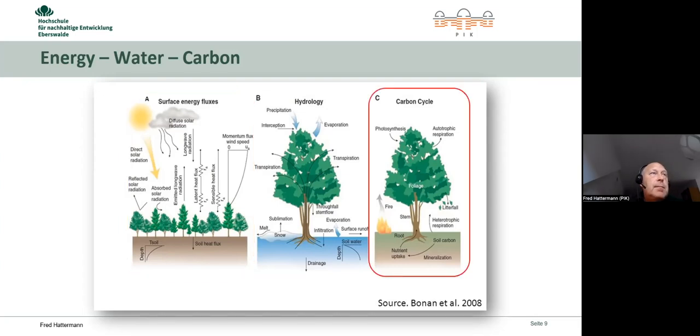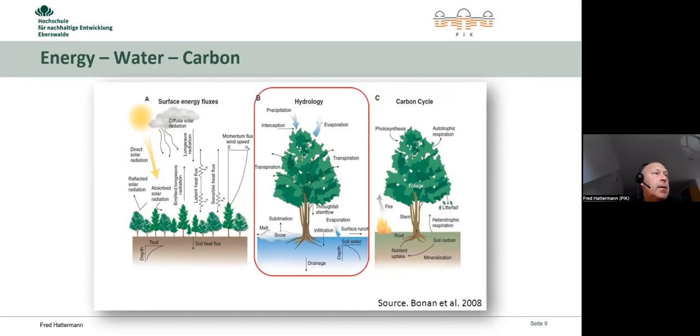Vegetation provides also because of the carbon cycle. We want to store carbon, but also because of hydrology, of course. And when I say that vegetation is, I think, the key actor, we have to think about how, in the end, landscape should look like in order to adapt or counteract.